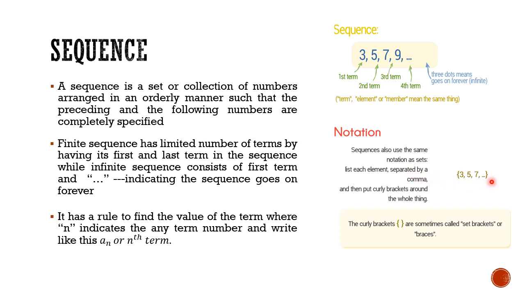So, meron silang pattern na sinusunod. Yung mga numbers na nandito sa isang set is meron siyang pattern and it is a sequence. Pag yung set natin is meron siyang sinusunod na pattern, it is a sequence. So, dito, sa sequence, napaka-crucial din nung bawat position ng number na kung saan yung nasa unahan is tinatawag nating first term, yung susunod is the second term, susunod is the third term, susunod is the fourth term, and so